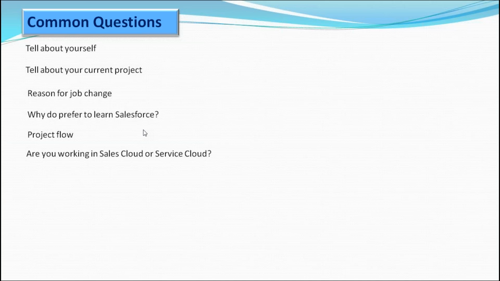Let's say you are in a banking project, for example. We'll sell credit cards, some funds, insurance, some savings plans or fixed deposits. All these are products we are selling. So you should be able to come to a conclusion about what type of project you are going to explain. If it's about selling the product, it comes under Sales Cloud.